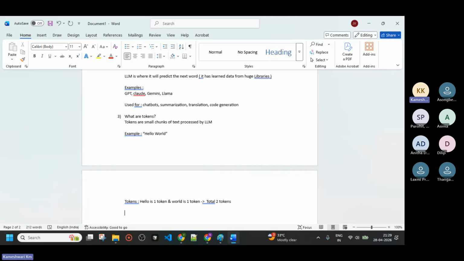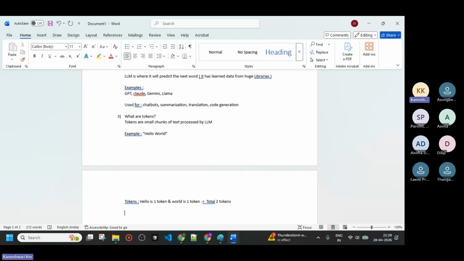In interviews, you may get a question like, if my response time is taking 20 seconds or something, how are we going to reduce that? By controlling the tokens. When you control the tokens in the chunks, saying I want only this limit of chunks, like 600 tokens or something, you are going to get the answer within 5 to 10 seconds. That's the time. So that is how we can control it.